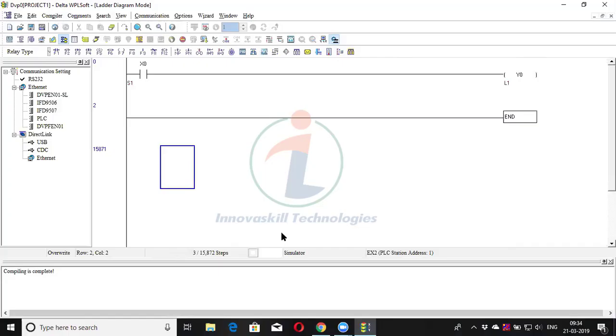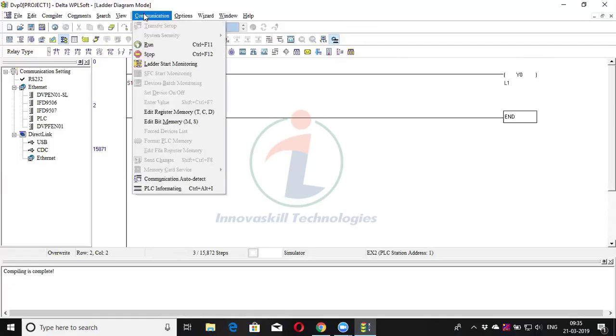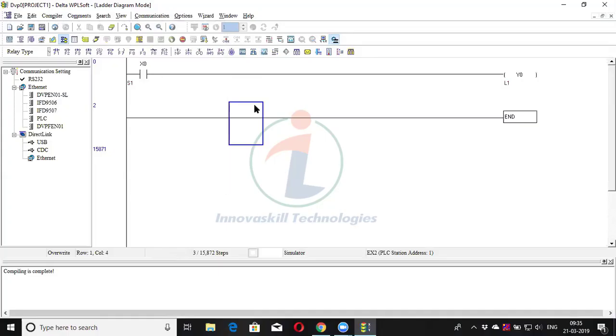So just check after enabling, just check whether it is in simulation mode. After turning on the simulation mode, now what we have to do is at the top, you have an option called Write to PLC.